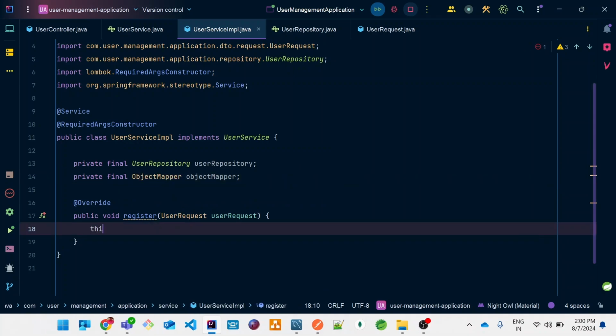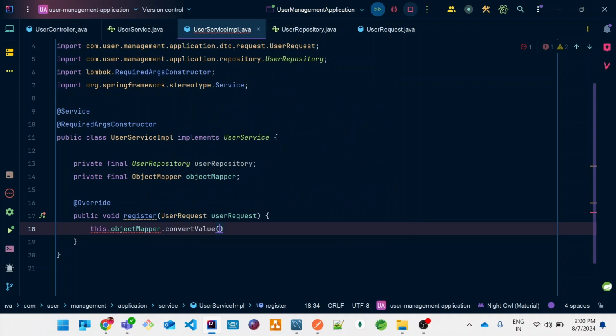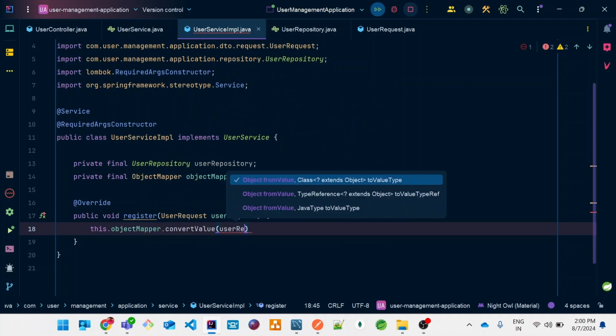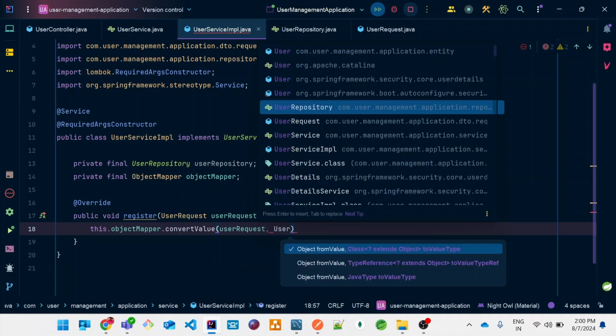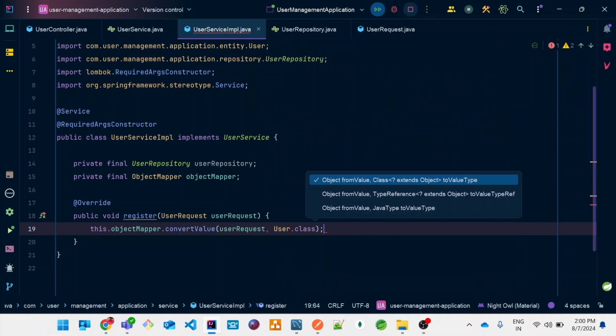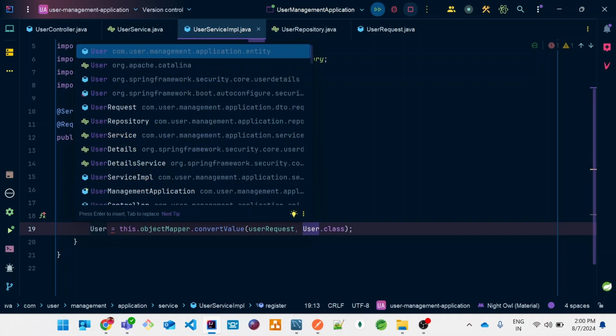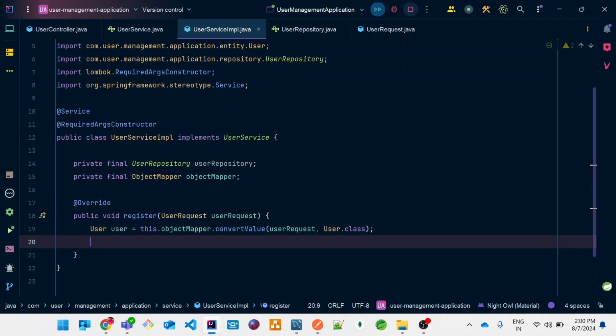And the first step, this dot object mapper dot convert the user request to user dot class. Okay. Now we'll have the user, and now first I need to